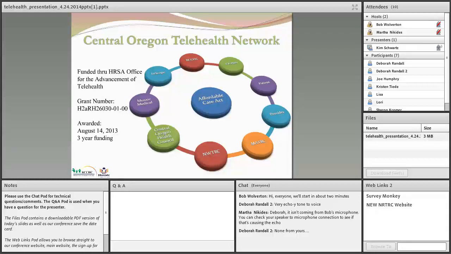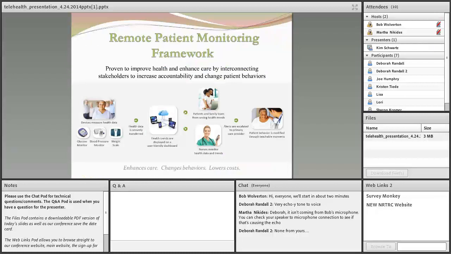So hopefully the outcome of this will be that anybody can replicate the program and learn from our challenges and opportunities and also gain from our successes as well. So this is the framework, and this is what we've been using really from almost the very beginning. So there's a picture of the equipment there. It's pretty small, but frankly, the equipment's pretty small. It's stuff that you would see in your home.